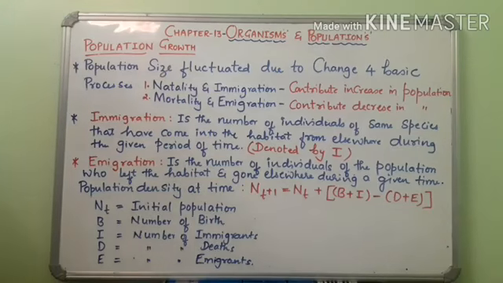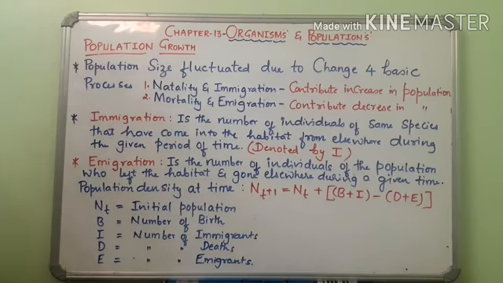So for example, students, our Dharwad is famous for educational institutions. To get education, some students are coming from Bangalore to Dharwad. So those students who are coming from Bangalore to Dharwad,